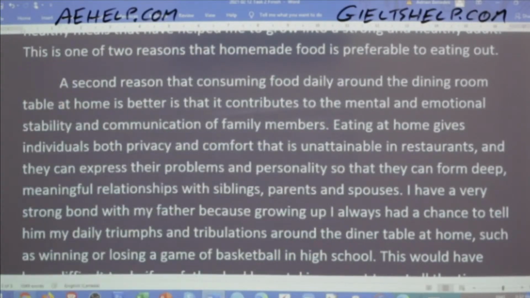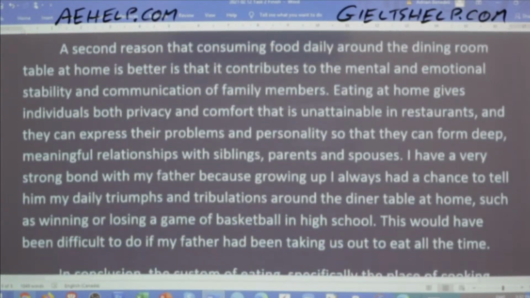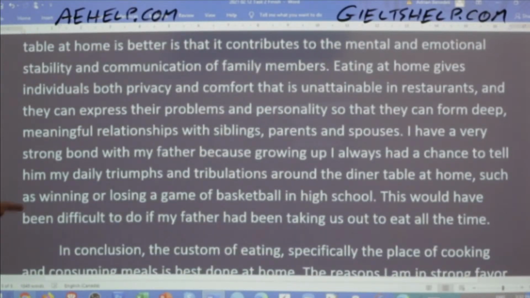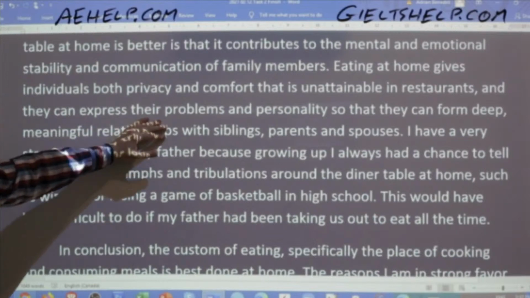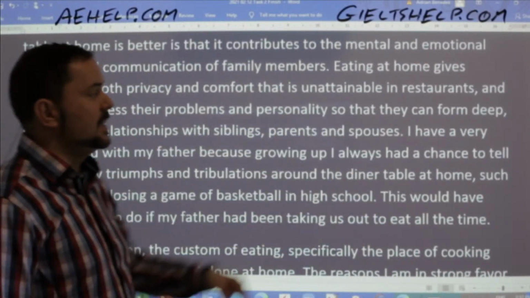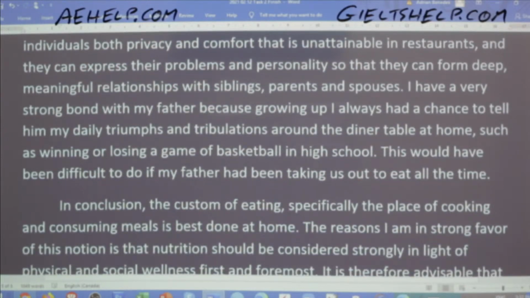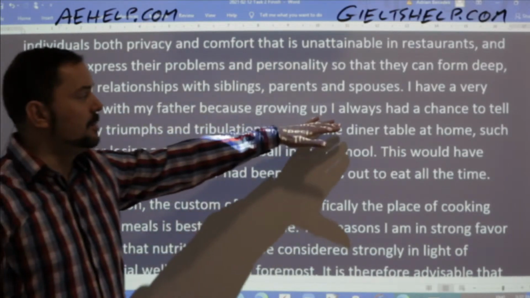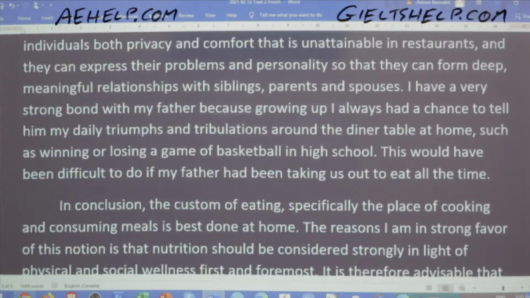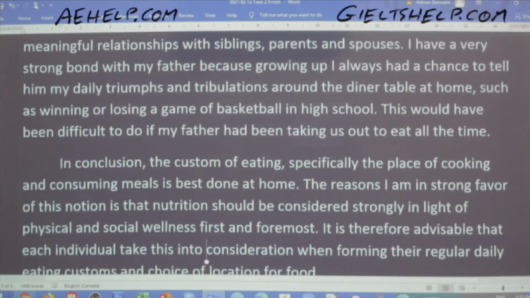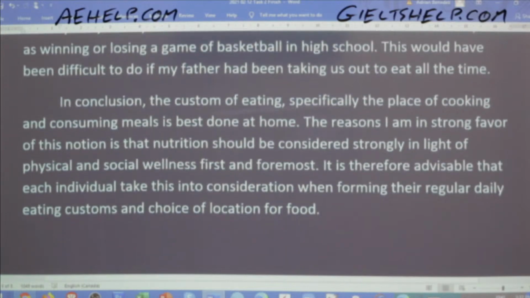Eating at home gives individuals both privacy and comfort that is unattainable in restaurants, and they can express their problems and personality so that they can form deep, meaningful relationships with siblings, parents, and spouses. I have a very strong bond with my father because growing up I always had a chance to tell him my daily triumphs and tribulations around the dinner table at home, such as winning or losing a game of basketball in high school. This would have been difficult to do if my father had been taking us out to eat